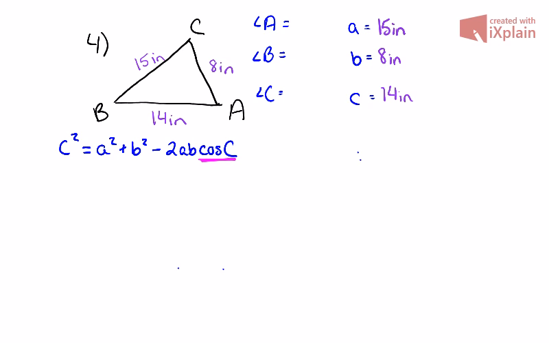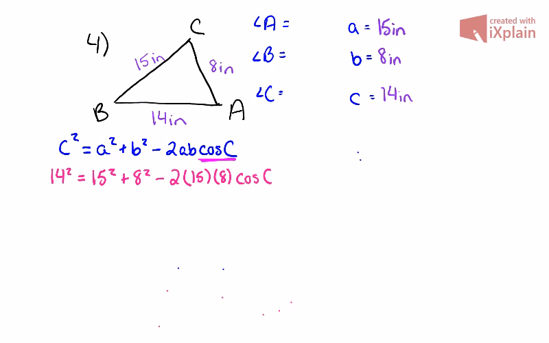So I know that C is 14. So 14 squared is equal to A squared, A is 15, plus B squared, well B is 8, minus 2 times A, which is 15, B, which is 8, times the cosine of C. And now I'm going to move everything around so I can get the cosine of C by itself. So if we use our calculators here, and figure out what all these values are,